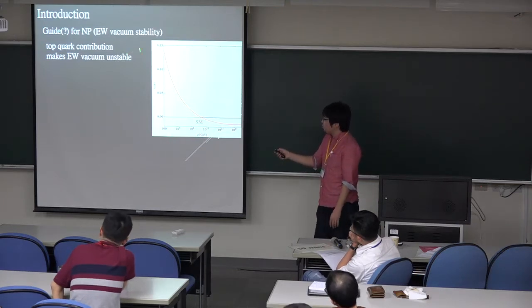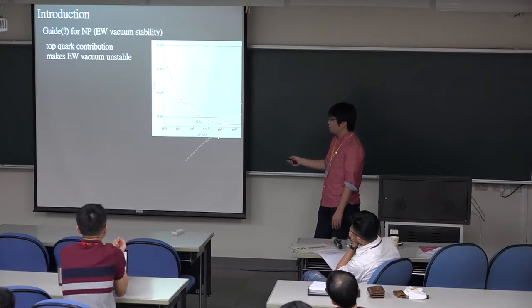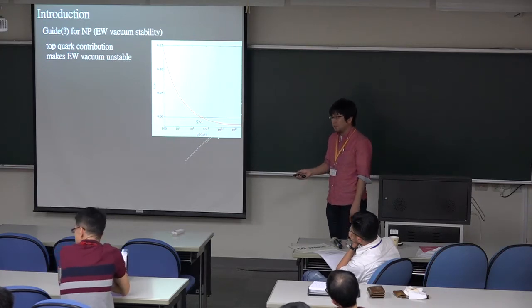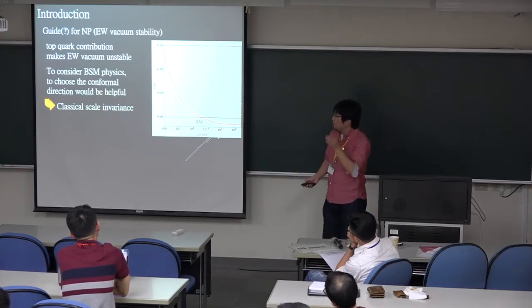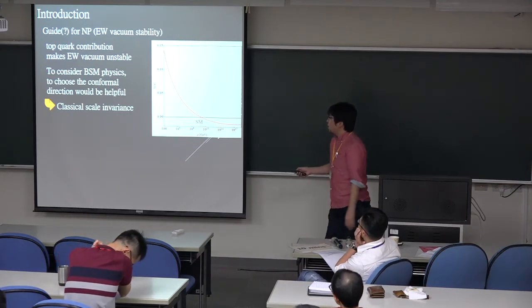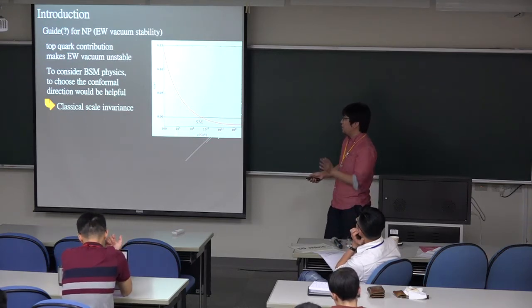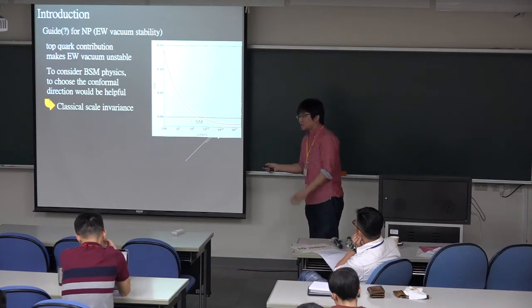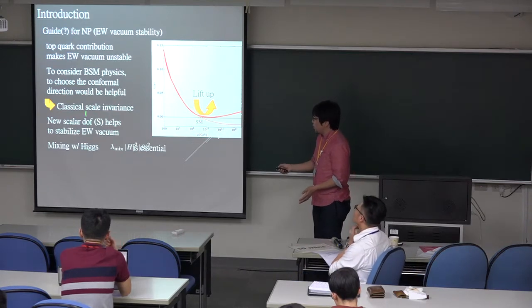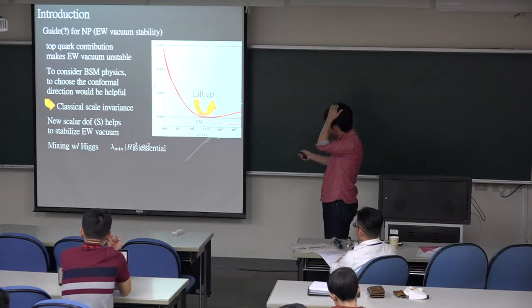So due to the top contribution, the Higgs quadratic coupling goes negative at some point. So in that sense, the electroweak vacuum might be unstable. And when we want to consider some new physics beyond the standard model, to choose the conformal direction which I explained in the previous slide might be helpful because it relies on the scale invariance. And for the new physics, adding one additional scalar will help to stabilize the electroweak vacuum